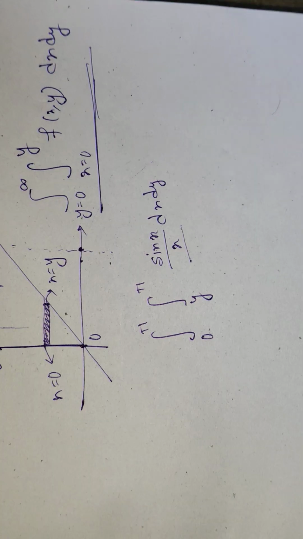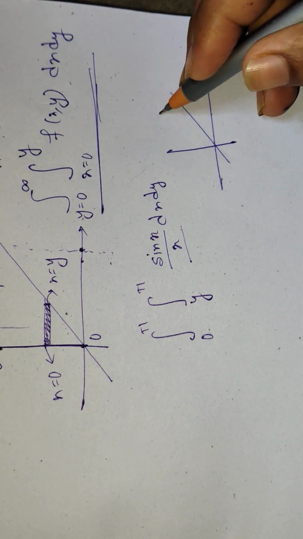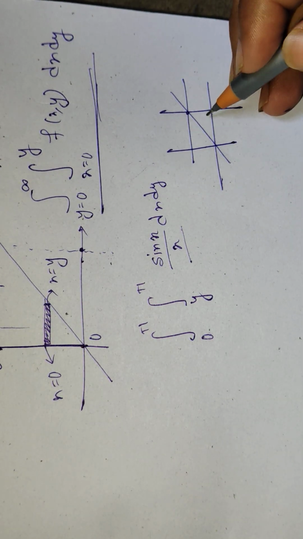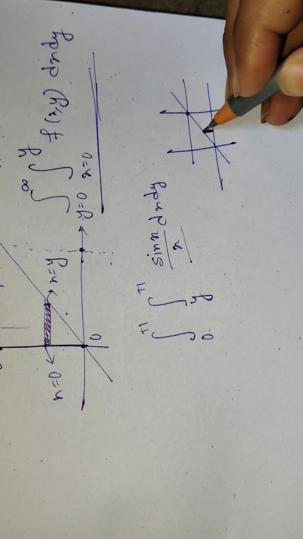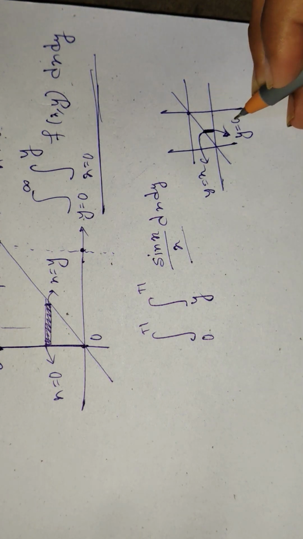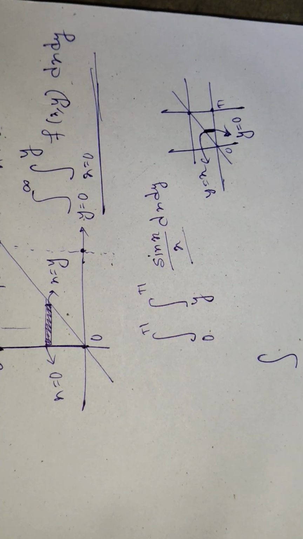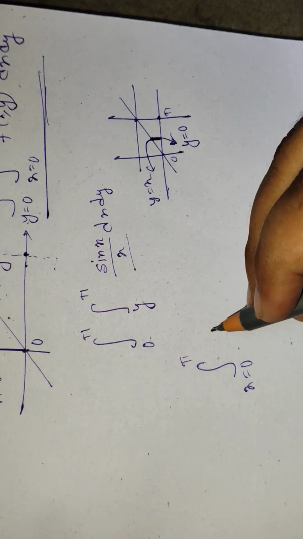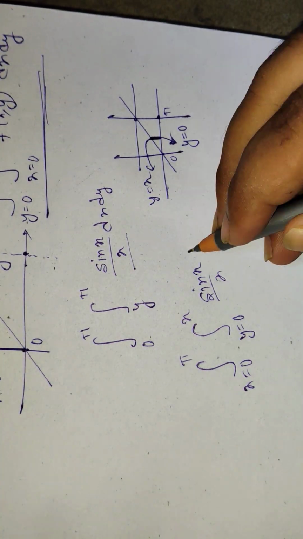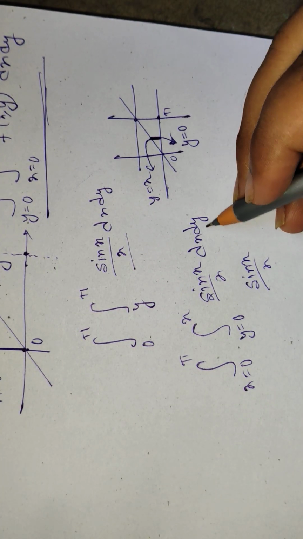Let's draw the graphs. I'm not using much time for drawing the graph. Basically the graph will be something like that, and the strip is basically horizontal. We have to take the vertical strip. So the vertical strip is looking like that. y equals x, y equals 0. Now the strip is moving from 0 to pi. That means the limit of x is 0 to pi, and the limit of y is 0 to x. This is sin x by x dx dy. Now sin x by x, we have to integrate with respect to dy.